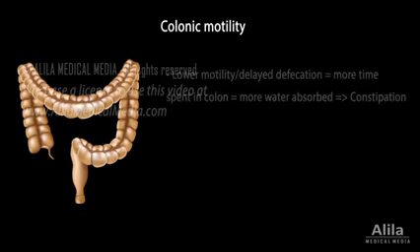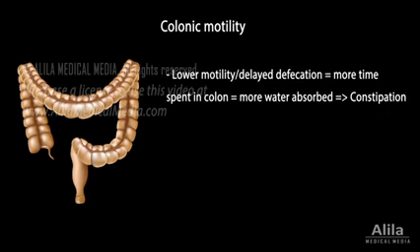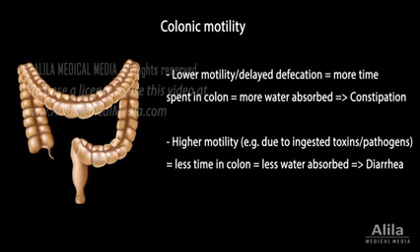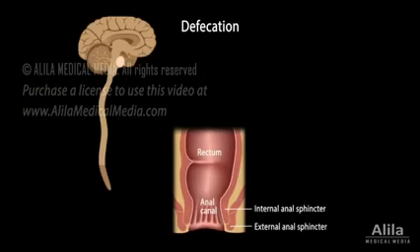When colonic motility is slower than usual, or if defecation is delayed for an extended period of time, the large intestine absorbs more water and constipation may result. On the other hand, a too fast movement through the colon may cause less water to be absorbed and diarrhea may result. When the rectum is full, stretch receptors in the rectal wall send nerve impulses to the sacral region